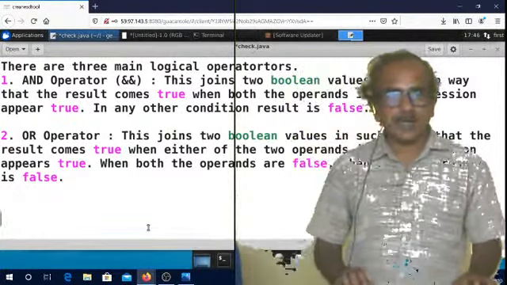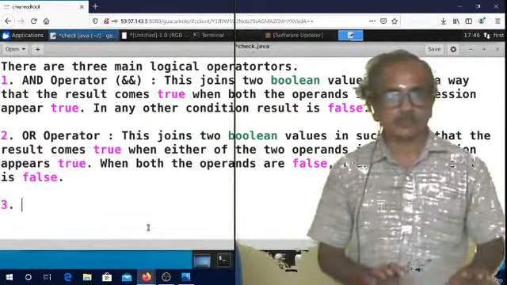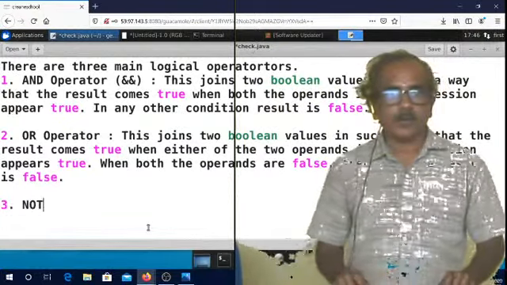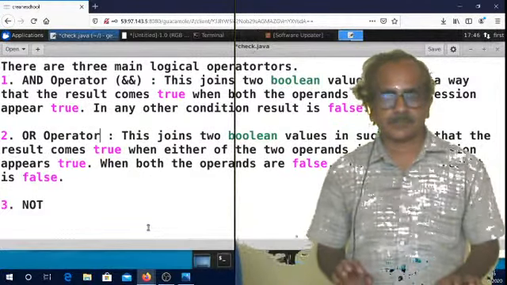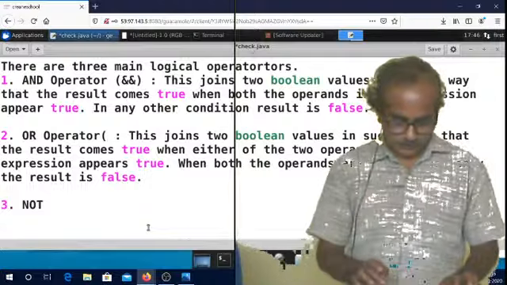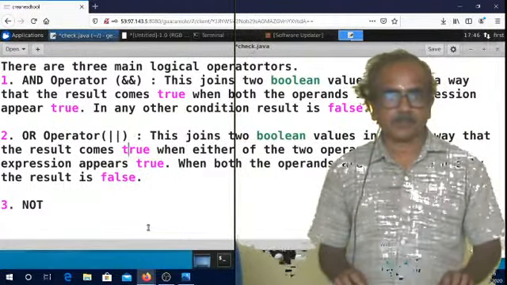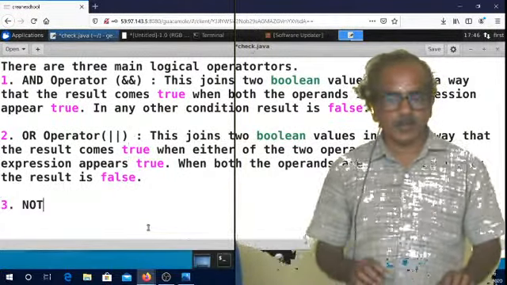और तीसरा है, और का सिंबल मैंने नहीं लिखा, और का सिंबल इज two pipes, and then not operator